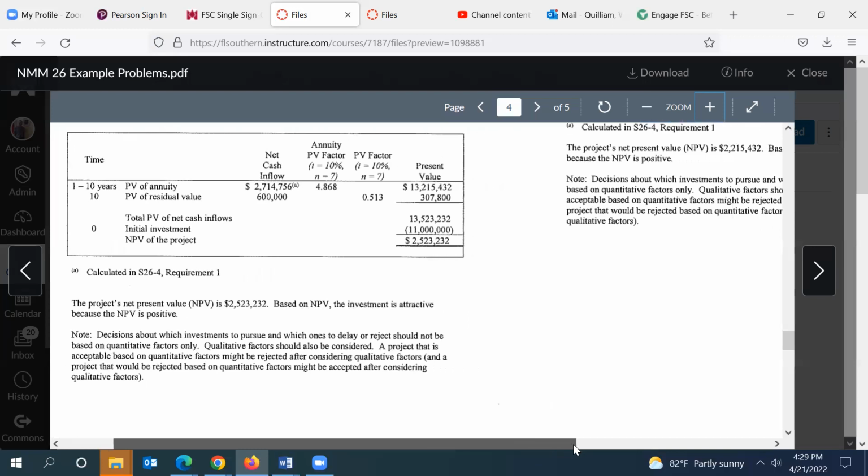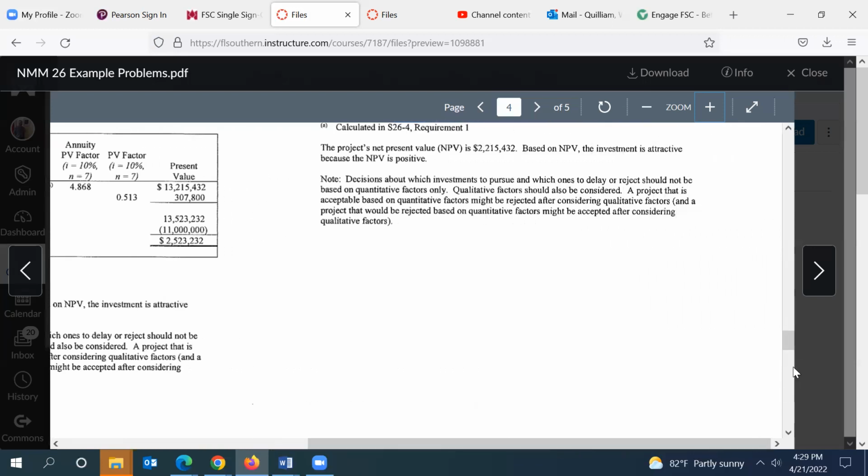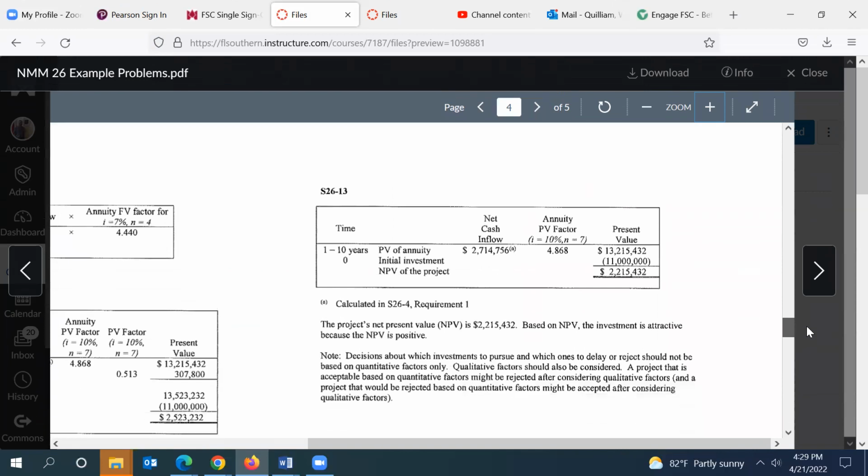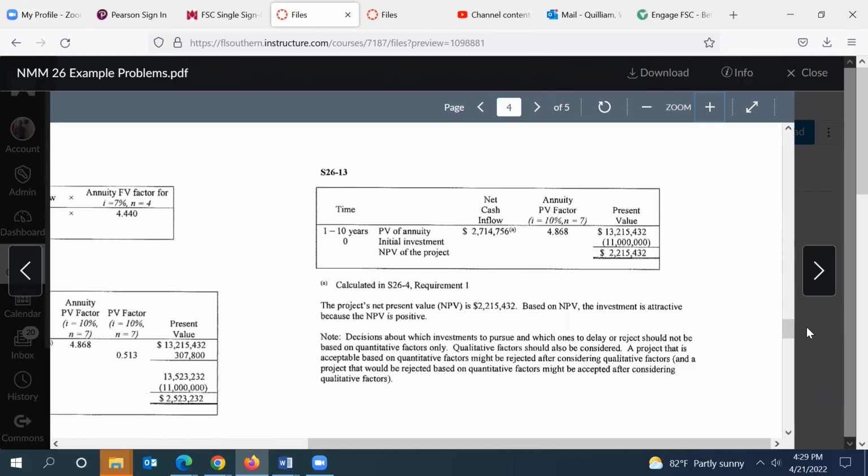All right. Now, the next problem, I don't even need to turn to the requirement. I'll tell you what it is. They assume in number 13 all the same facts except the residual value is 0. So we'll find that it lowers the net present value because we don't get any residual. All we get, 1 to 7 years, again, change that to 7, is the present value annuity. So net cash inflow, the very same thing that we had before,